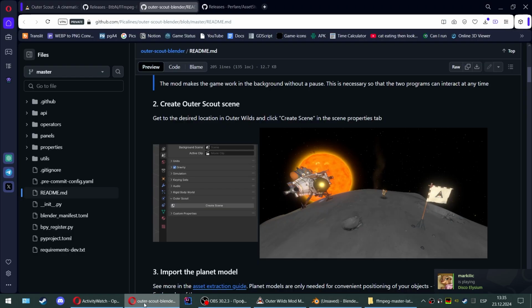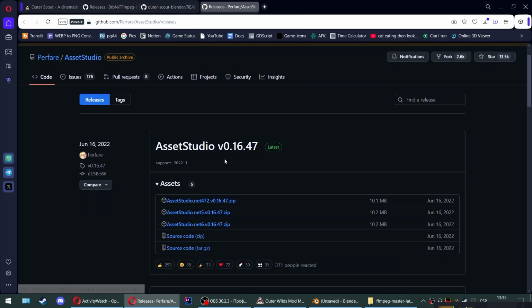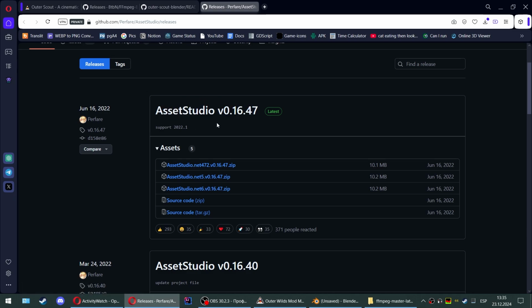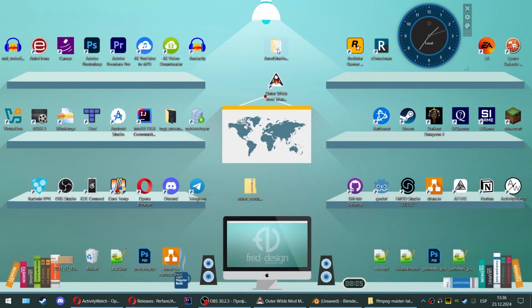To do so, you can search for Asset Studio, which is commonly used to rip game files from Unity games. I used this archive, but you can choose any release you want. So I have it right here,